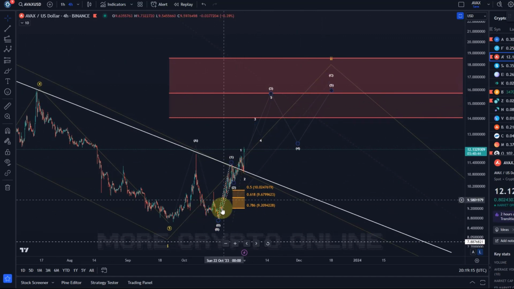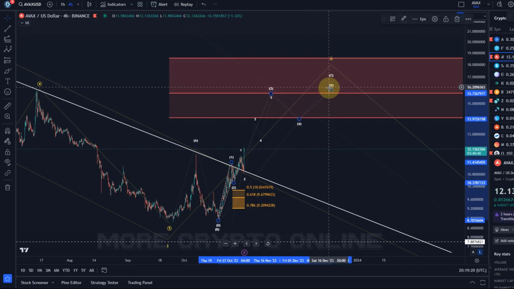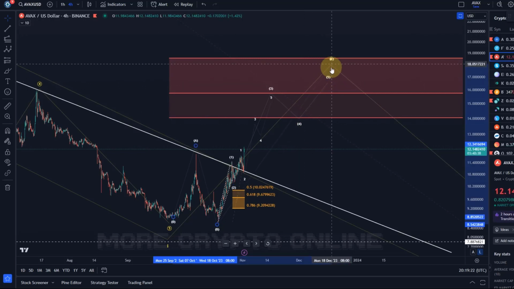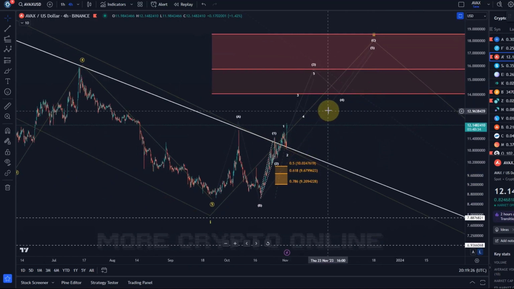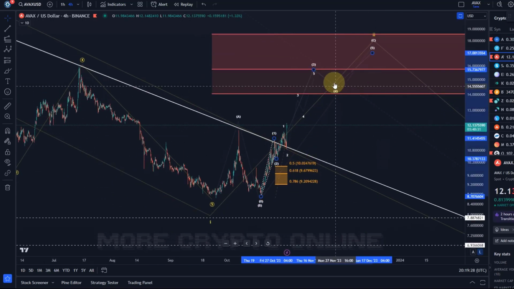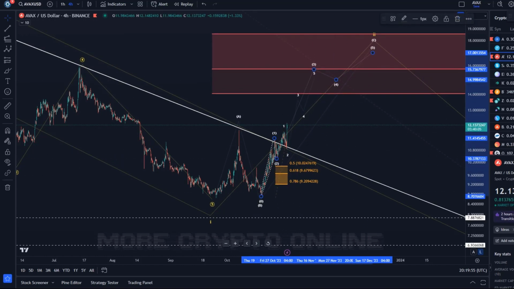Now the C wave should unfold as a 5-wave move. It is a bit messy, that structure. So again, that's how these good old messy altcoin charts look like. Sometimes you just don't recognize a proper structure. So we still give our best. But again, as I always say, when they run, they run. So basically grab the bull by the horns as long as it's running.